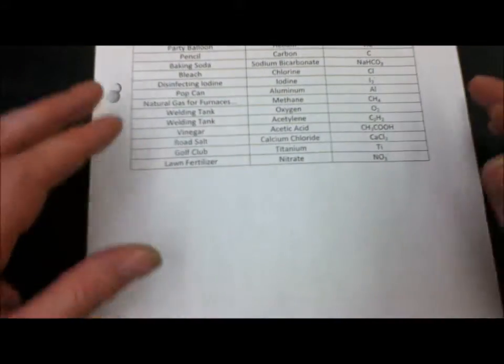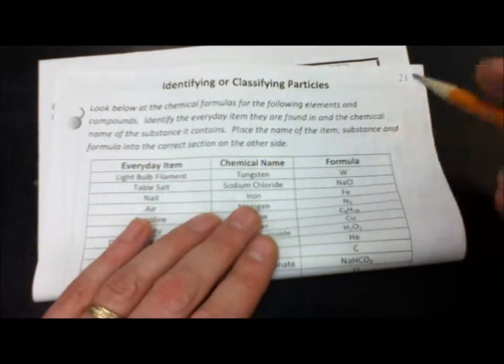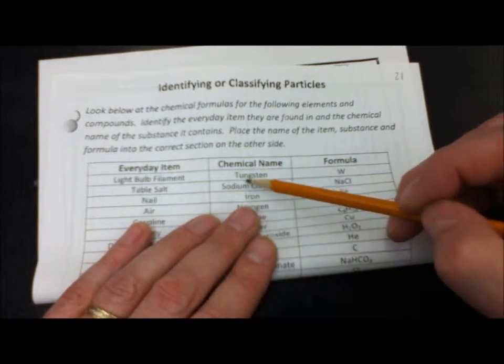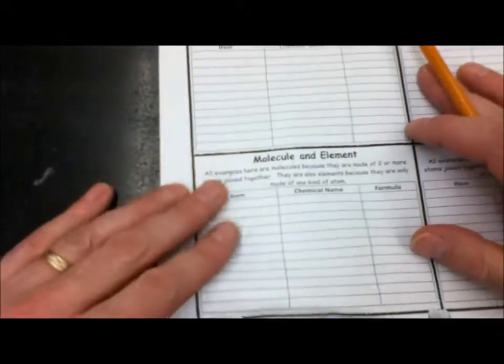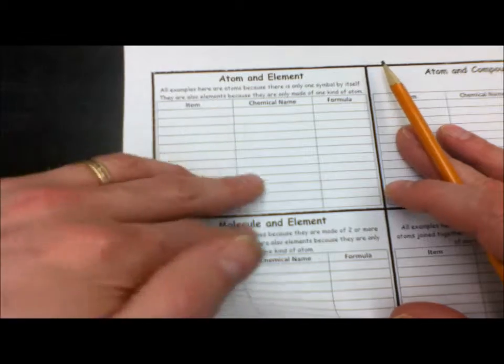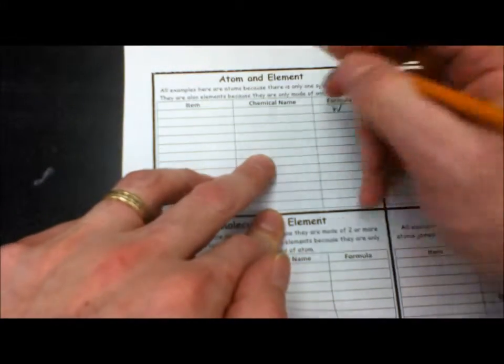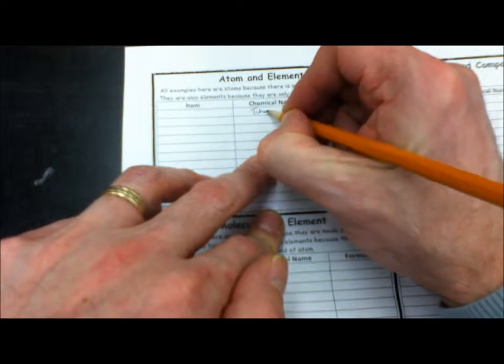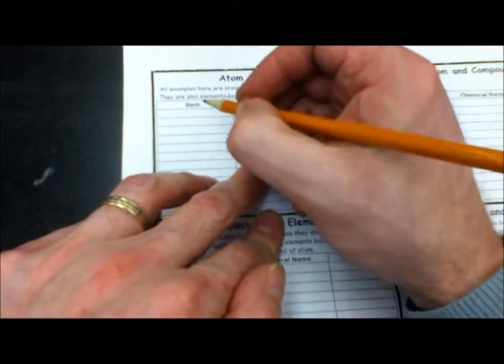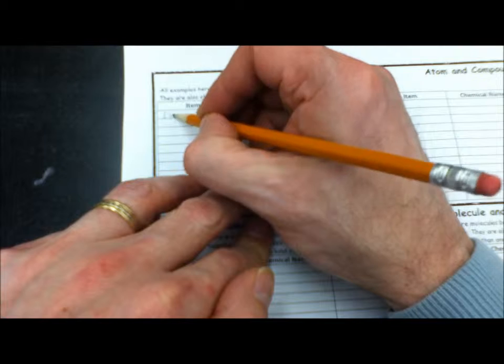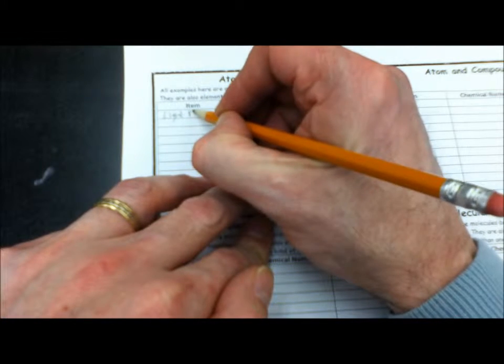So let's just start at the top. Let me fold this over. All right, so we got light bulb filament tungsten W. So that belongs in the atom and element box. So we're going to write the formula W. Chemical name is tungsten, and we're going to write the item, light bulb